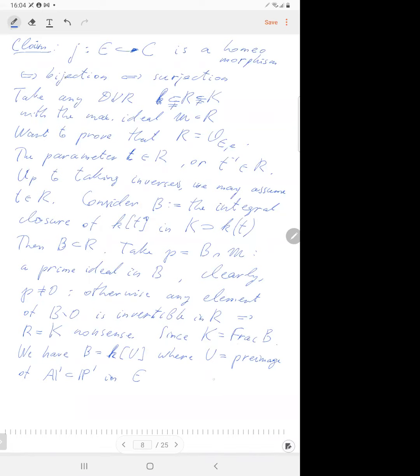So how was it? We had A1 inside P1. Now E was a finite cover of P1, and inside we have this finite cover of A1. Okay, that's the geometric picture, and hence